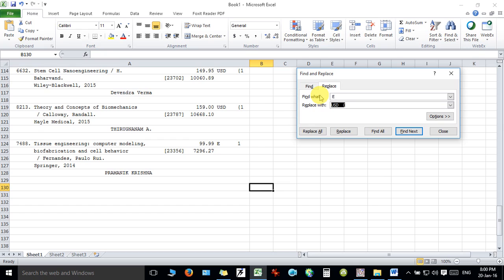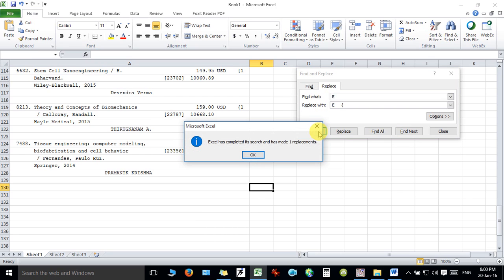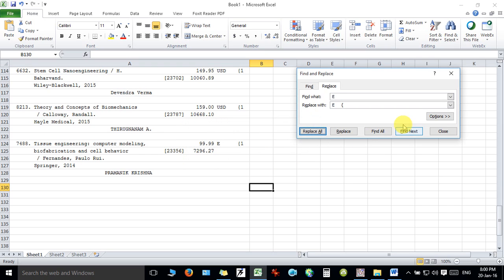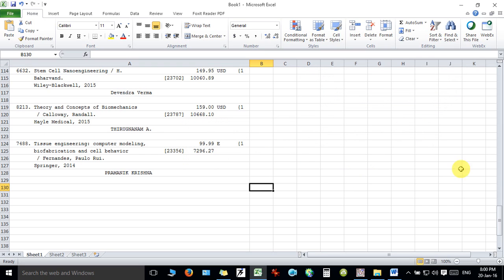Come down, give one space, press E, and 1 2 3 4 5 6, and add the special character. When you hit Replace All, you will see it has made one replacement successfully. Now press OK. So we have done almost all the work here.